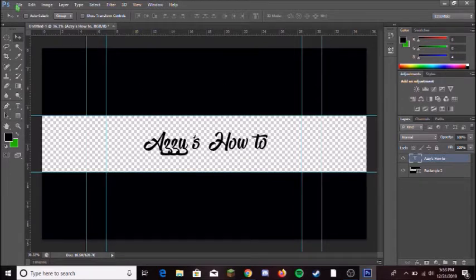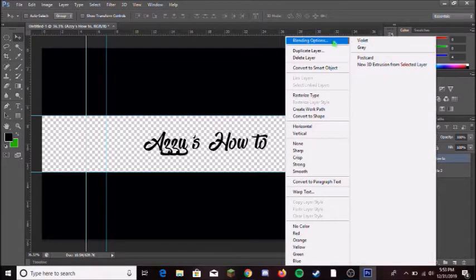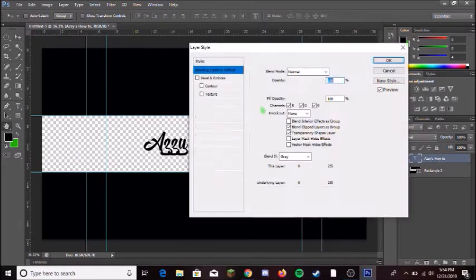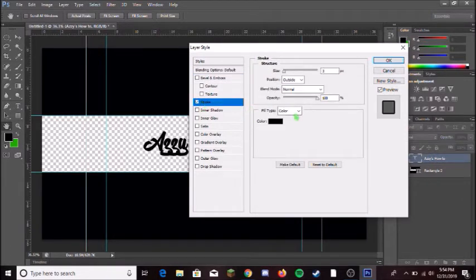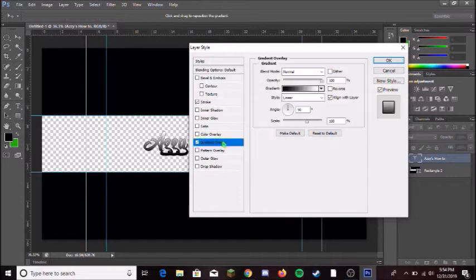So now that you have this centered, you want to right click on this, and we're going to just do some blending options. And we're probably going to do a light stroke of 2, and let's do gradient overlay,